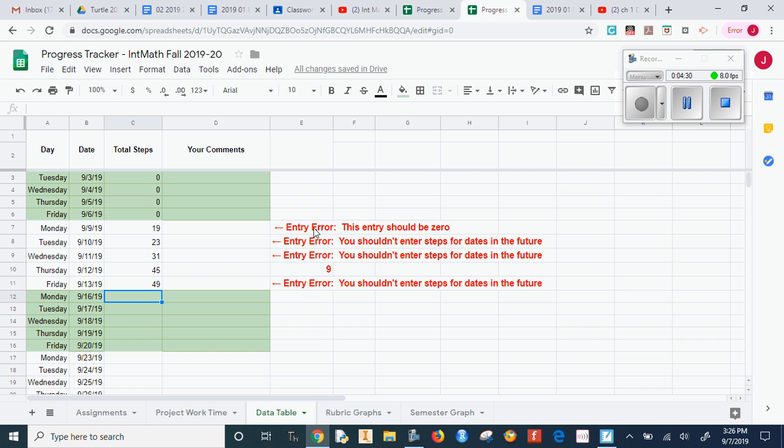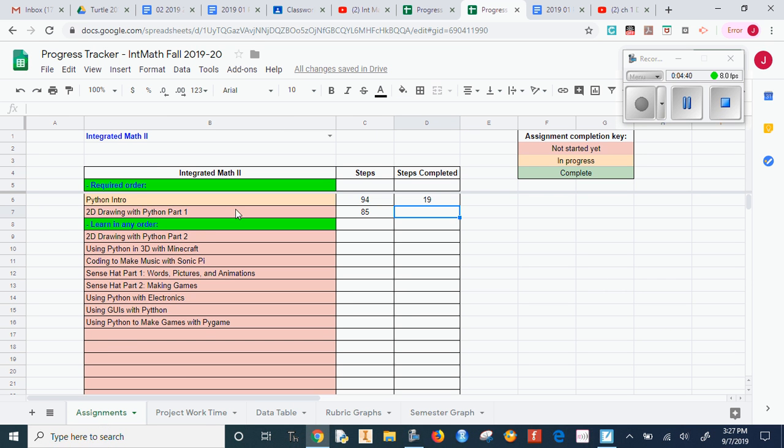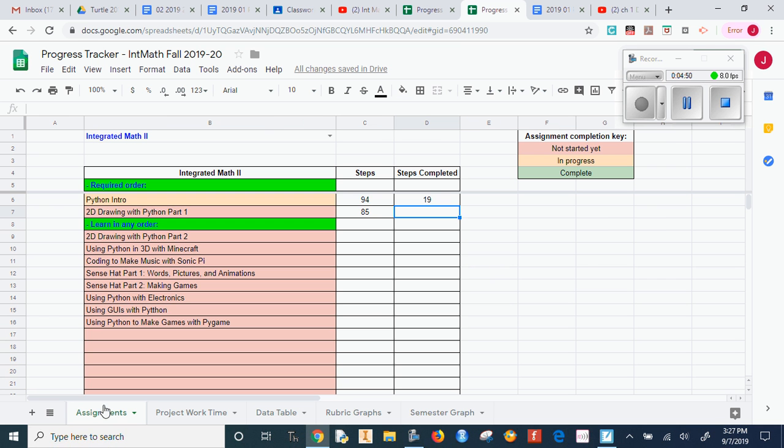Each time we put our numbers in, it will tell us over here what number should be put in. Once we start adding things to project work time, or we get to the second unit, we're going to need this number to keep going up, and the spreadsheet is going to keep track for you. That will make more sense as we move on to our second and third